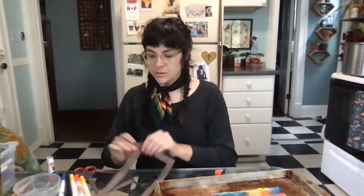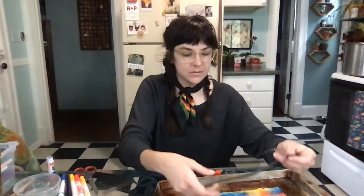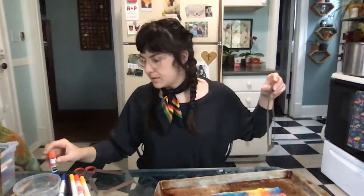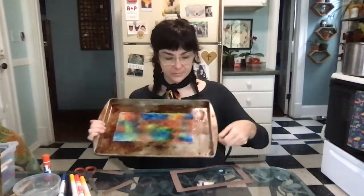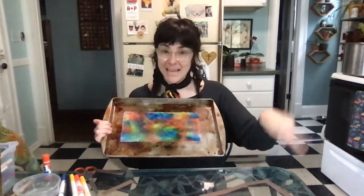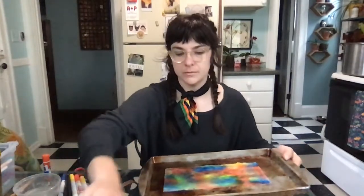Okay, so I made my frame. It's a good frame for my sun catcher. Now, once this is dry, my paper towel is a little bit bigger than the frame I made, but that's okay. I can trim the edges to fit it in here. So once this is dry, see it's a little bit bigger, I can tape this on the back here. And then I have a beautiful sun catcher. And when I hold this up to the window or lay it on the window, I think it's going to look